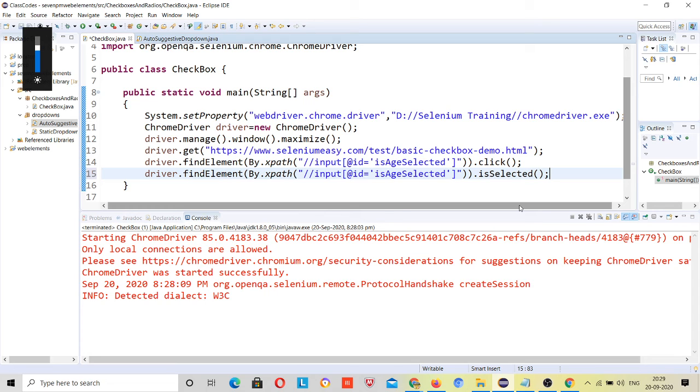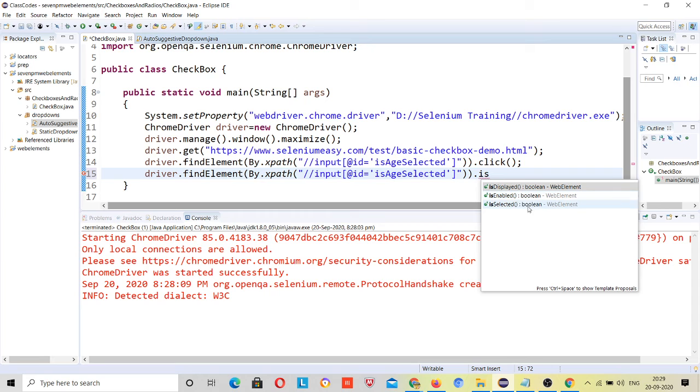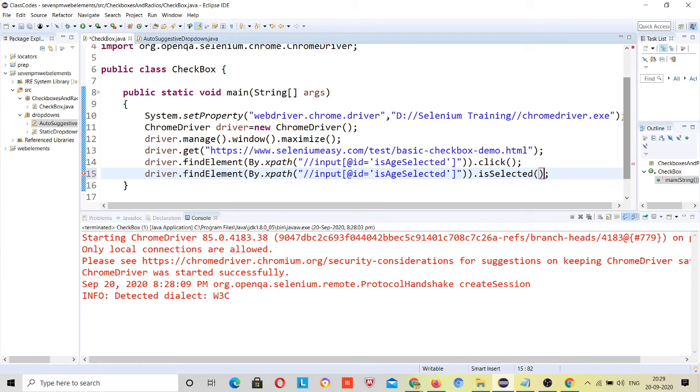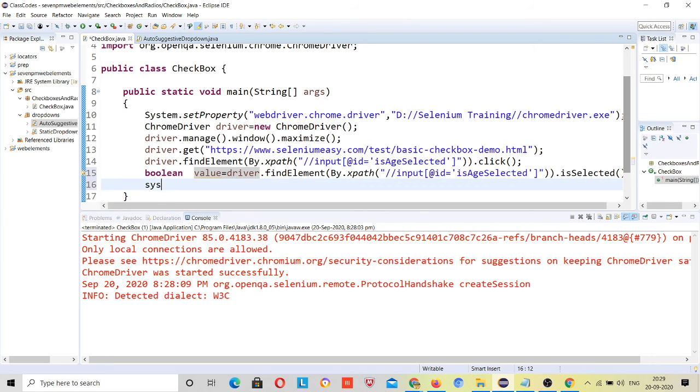So how will you know? You see what happens. This dot isSelected returns a boolean, right? So you need to store it in a boolean variable, right? See, just go and declare a boolean variable, boolean value, and print System.out value, right?